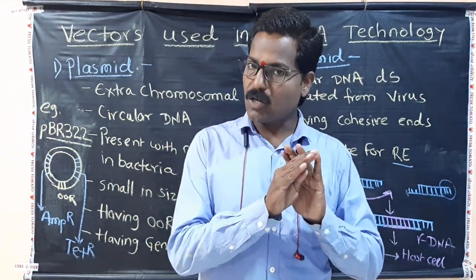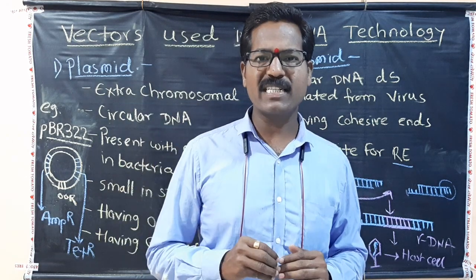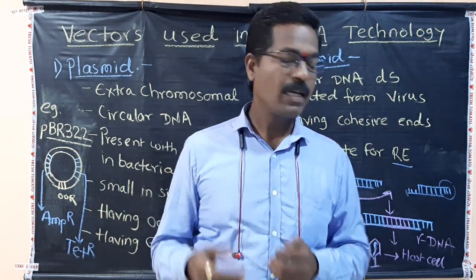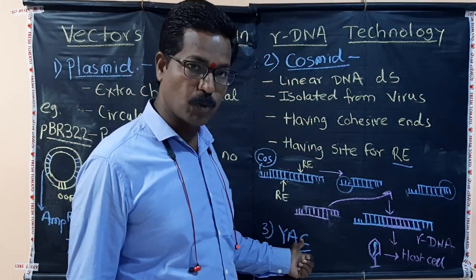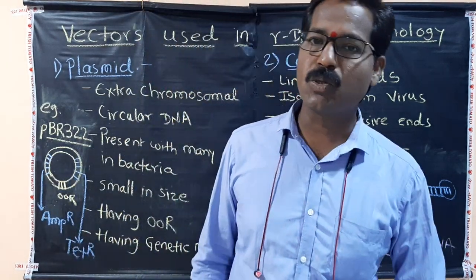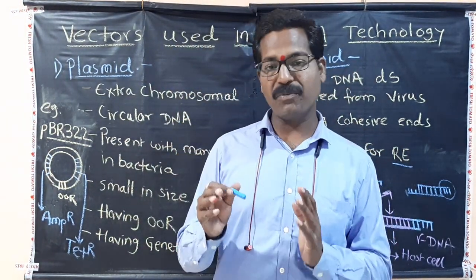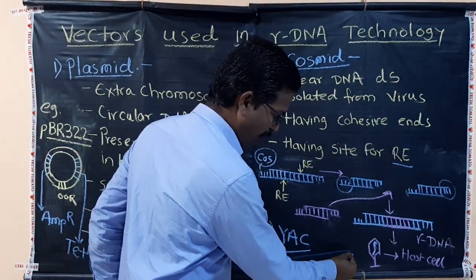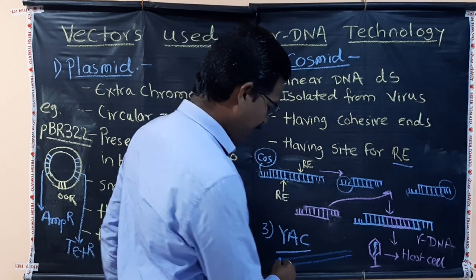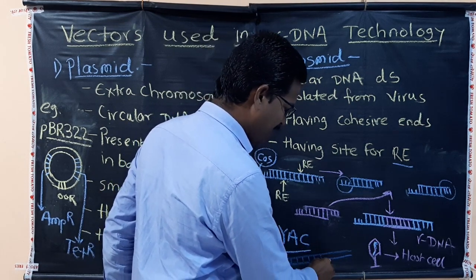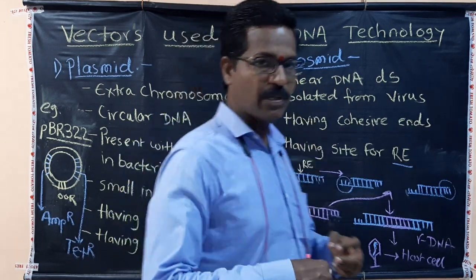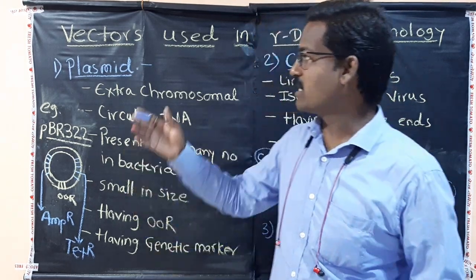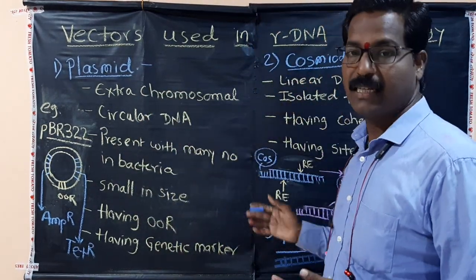So these are the plasmid and cosmid, and the third vector is YAC, called yeast artificial chromosome. It is not isolated from yeast; rather, some part of the yeast DNA is taken, many things are isolated, and then a chromosome is synthesized. That is called yeast artificial chromosome. We use this yeast artificial chromosome if the host cell is yeast. It is also a linear structure, which I will explain in the next lecture. In the same way as the cosmid, we merge the target DNA into that, make an rDNA and infect the yeast. So these are plasmid, cosmid and YAC.